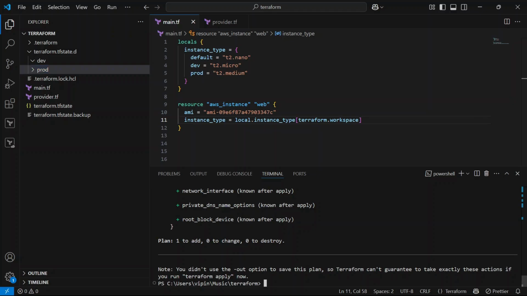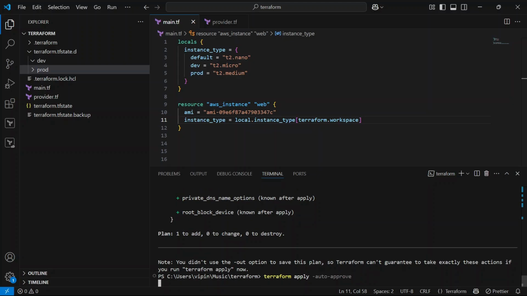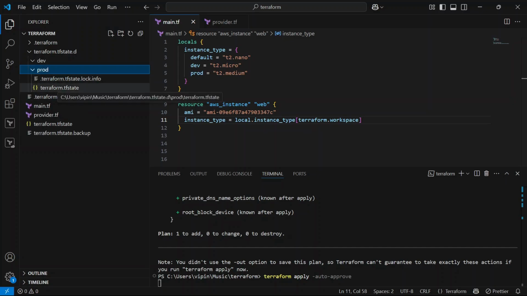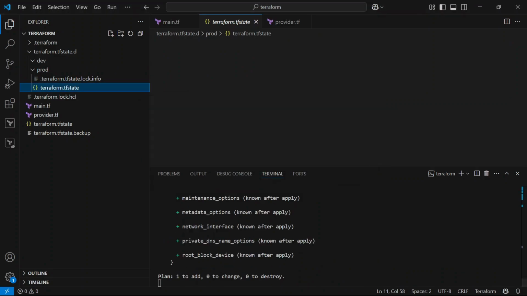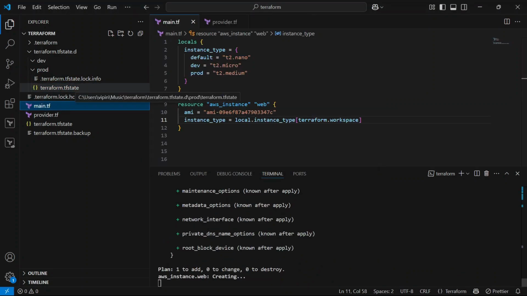Okay, so let's run terraform apply hyphen auto hyphen approve. Now we are going to get the tf state file here, right? We cannot open it because nothing is inside it for now, because our infrastructure is still getting created.